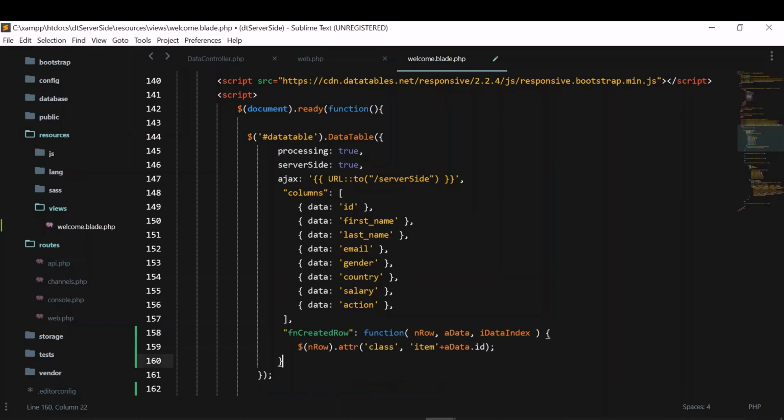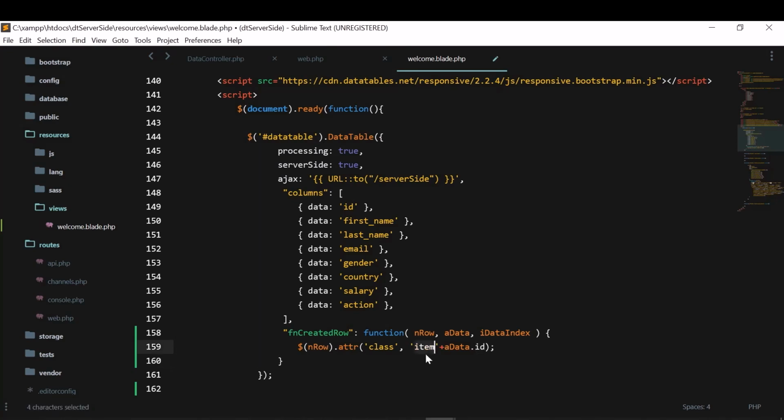So this is the function here, created row. So when the row is created, these are the parameters. This is the row information, and this is the data which the row has, and it also has the index. When the row is created, we'll get this function. So this is the row details, and for the row we are adding an attribute. The attribute is class, and we are giving item of this ID.